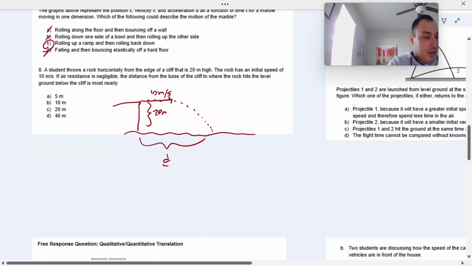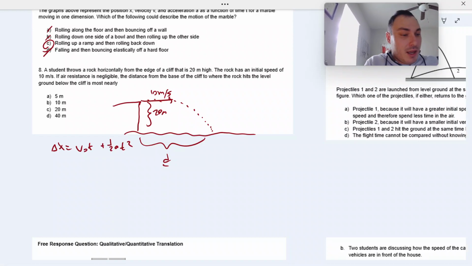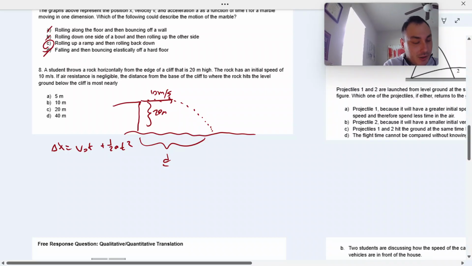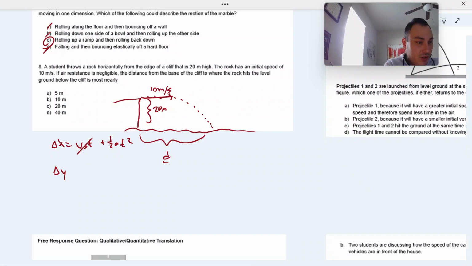So let's go to a kinematic equation of motion. Let's do delta x equals v naught t plus 1/2 a t squared. And specifically, we're going to analyze this in the y direction. So delta y, there is no initial velocity in the y direction. Everything is horizontal. Pretty sure it said that, right? Yeah, it throws a rock horizontally from the edge of a cliff. So delta y is equal to 1/2 g t squared, because acceleration is that of gravity. Let's just say 10 t squared,